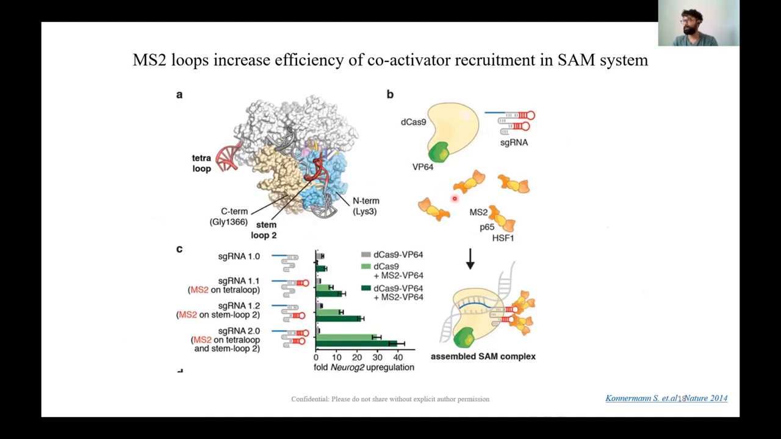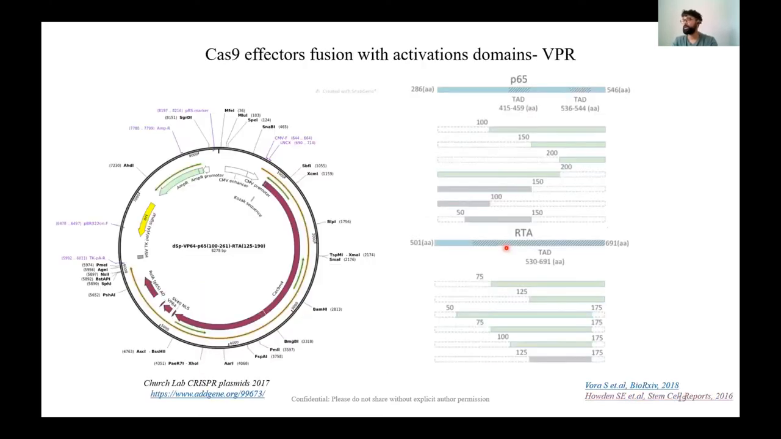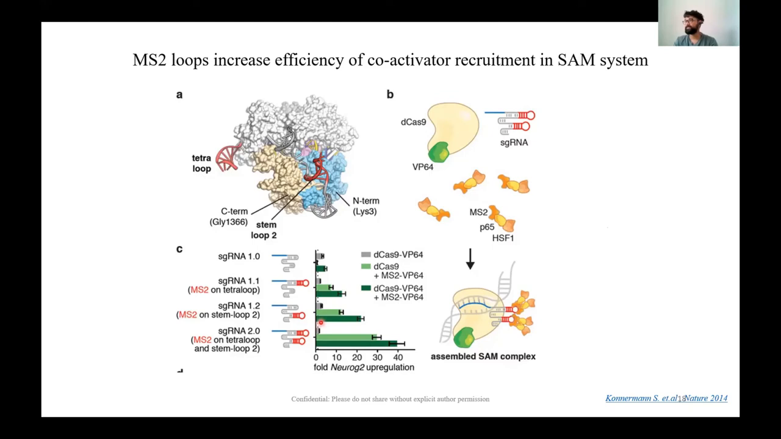The loop, like I said, basically recruits coactivation factors such as MS2, P65, and HSF1. And this increases the efficiency compared to just the original version of VP64 alone. If you have just MS2, this already increases the efficiency, but it increases much higher, right, if you add further tetraloop moieties that are binding moieties for all of these cofactors. This I regard as the second version